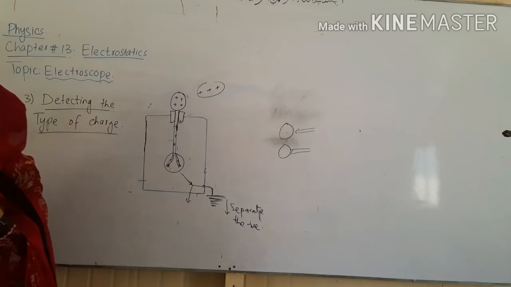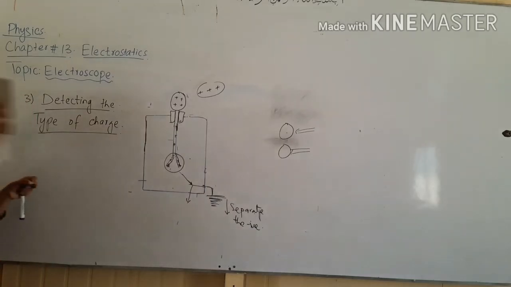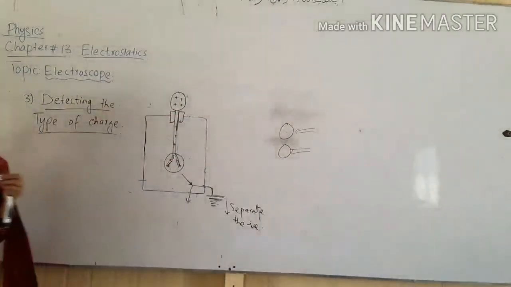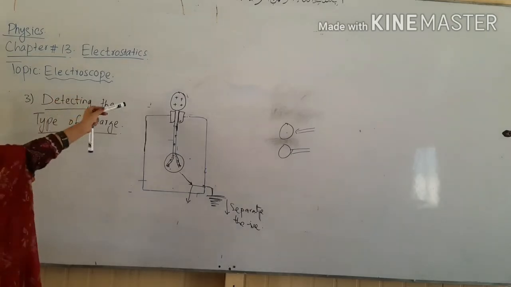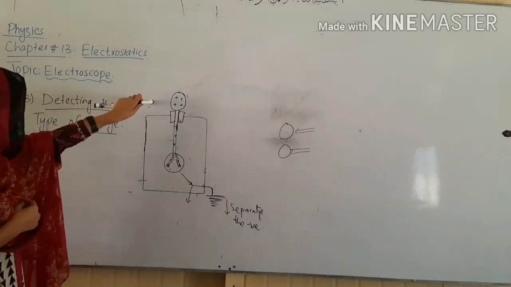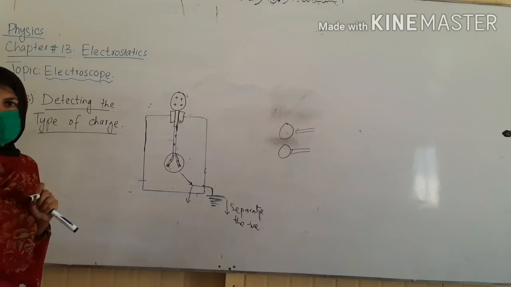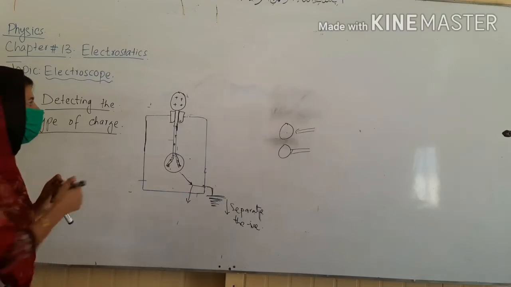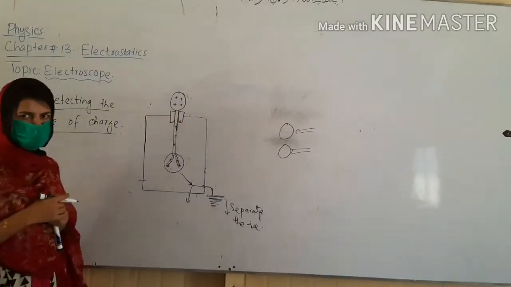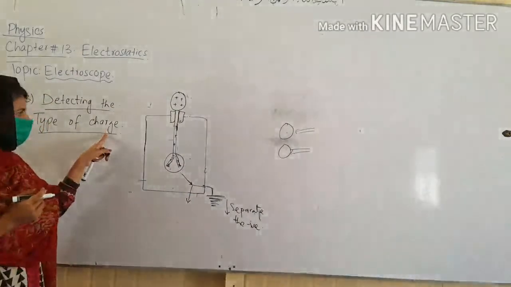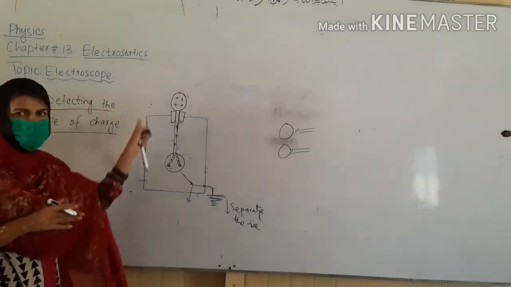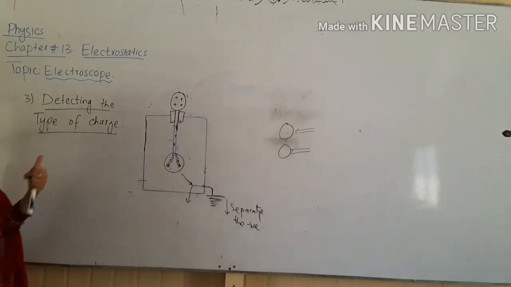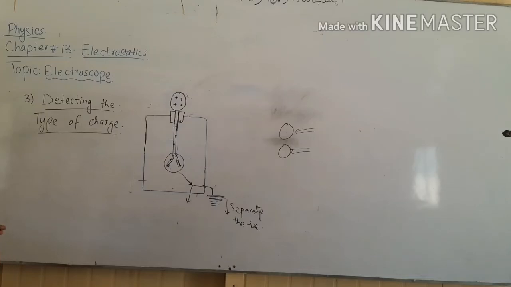तो आपके पास कौन सी बॉडी, आपके पास इसके करीब जो आ रही है, वो पॉजिटिवली चार्ज है या नेगेटिव. In the first application, you just detect whether the body is charged or not. But in the third application, by using the second, you can detect the type of the charge. कि ऑब्जेक्ट के ऊपर, बॉडी के ऊपर कौन सा चार्ज है जो आप इसके करीब लाते हैं. For this application, you should follow the second application first, charge the electroscope, then you can generalize the third application, third use. Is it clear?